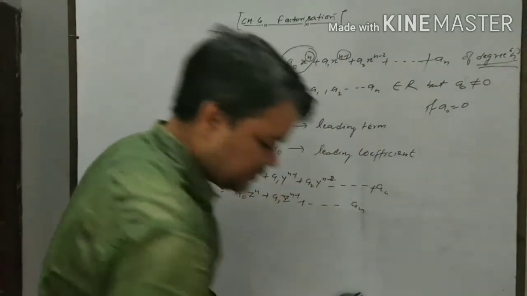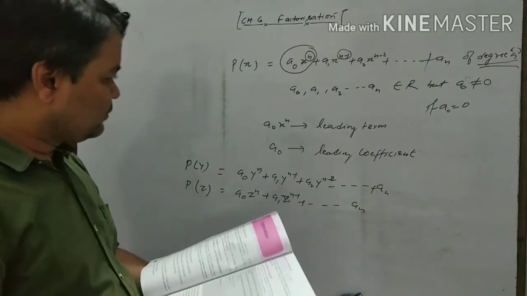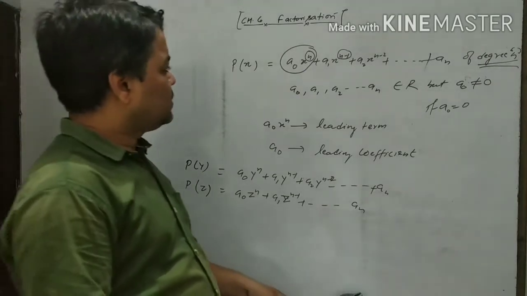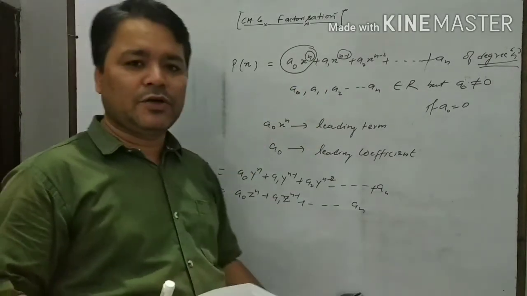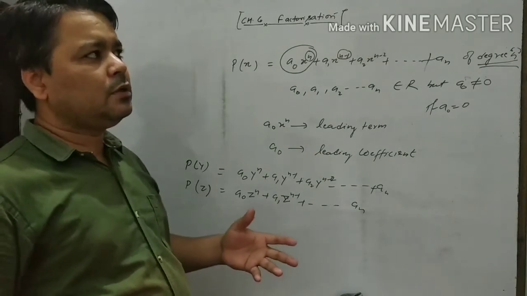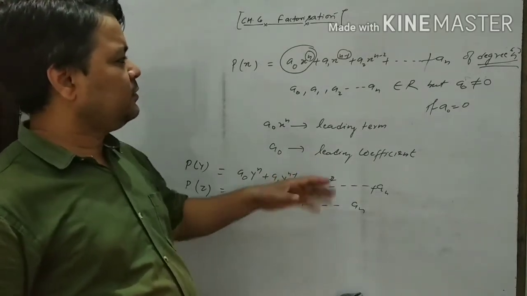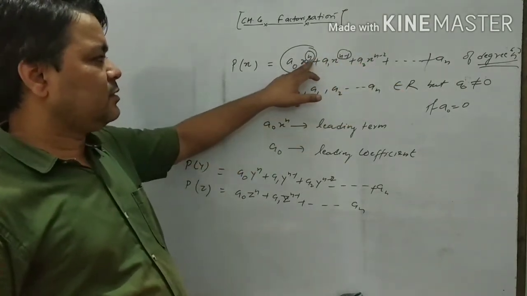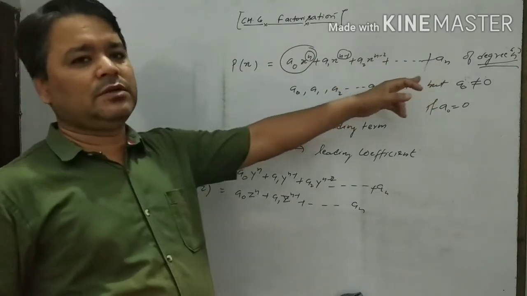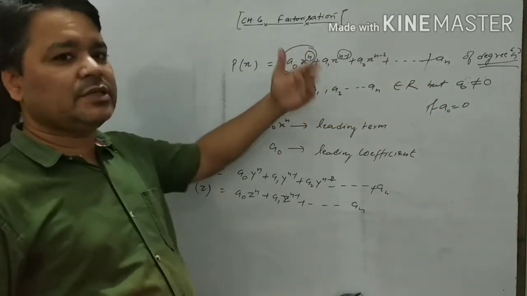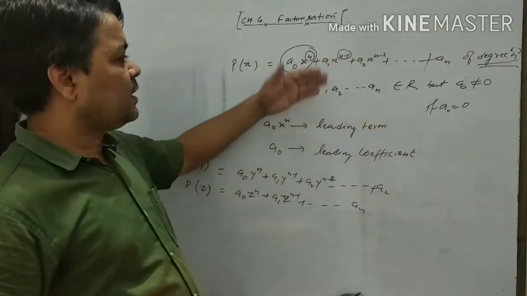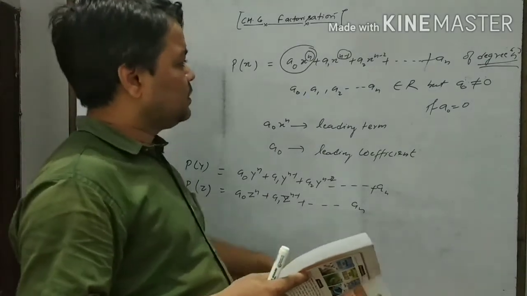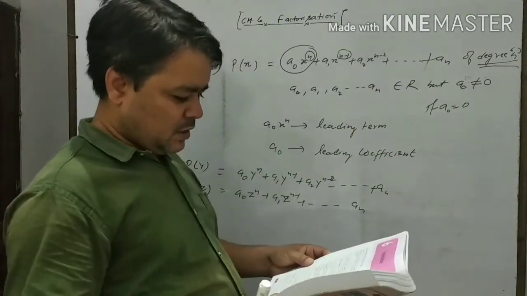Now let us see some terms related to the polynomial. I just told you what n is. n is the degree of the polynomial. For the degree of the polynomial, we should take only the degree which is the highest. It means if n is 5, then 5 will be the degree of the polynomial. If we have a term whose degree is highest, then that highest value is the degree of the given polynomial. Now the constant term an is also discussed.